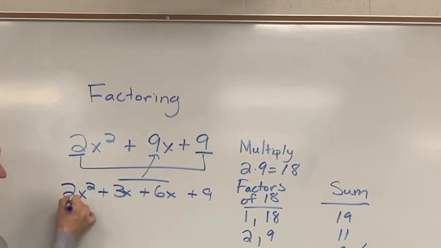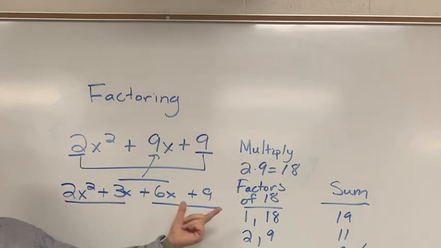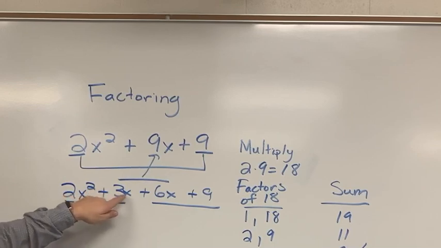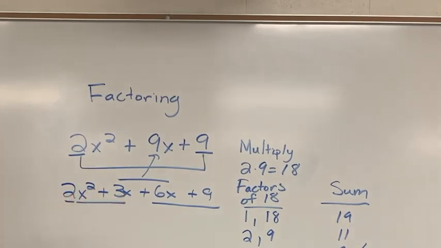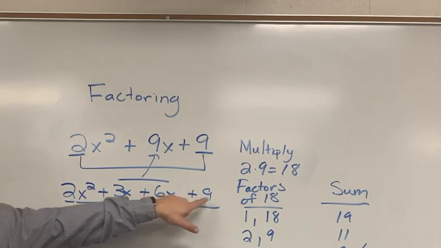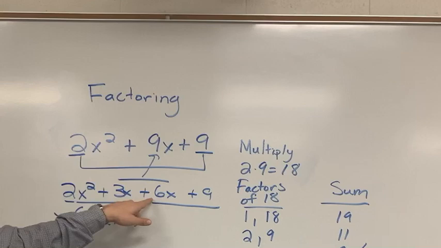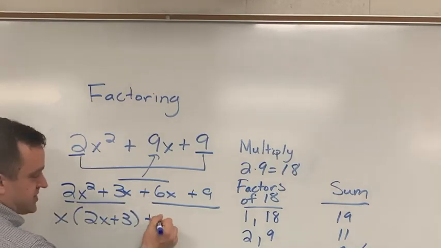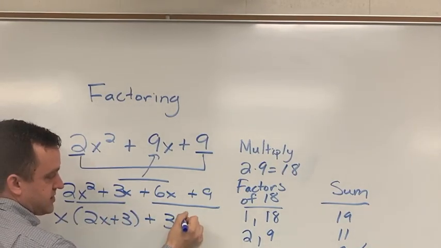And then what we do is factor by grouping. Realize that as I look at this, I might have to switch these 2 terms to be able to factor by grouping. But if I look at 2x squared and 3x, I can factor x out. So this would make x times 2x plus 3. And then if I look at 6x plus 9, I can factor a 3 out. So I would make this plus 3 times